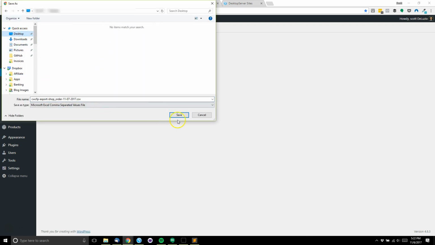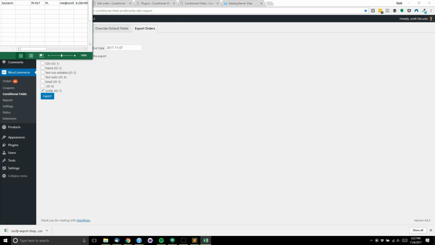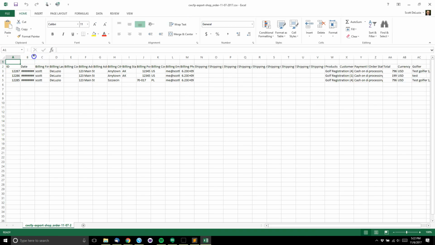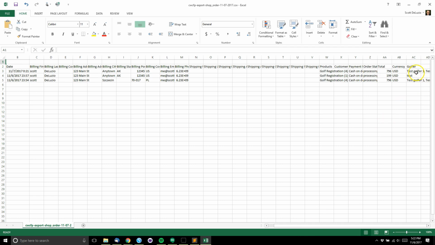and I will save this, then open. And you can see all of the orders that we had are included here. That has all of the golfer names listed out over here, the customer information over here, and the products that they purchased and the quantity that they purchased, as well as the order status and all that other information that comes standard. So that's just a real quick overview of